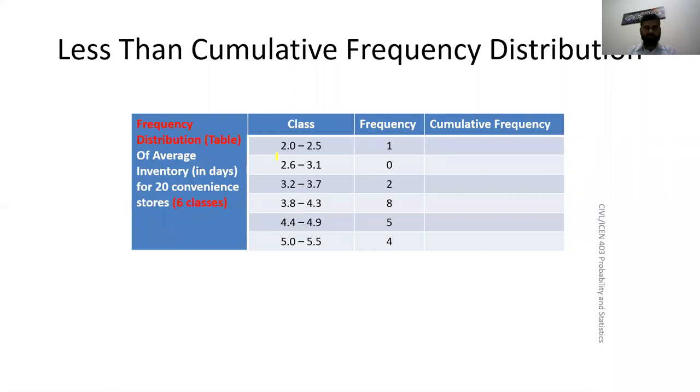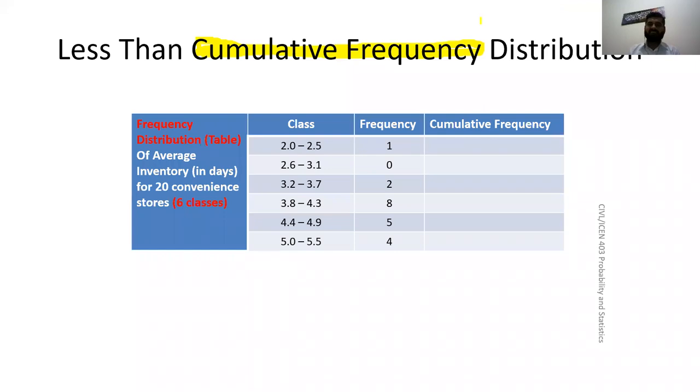Okay, so next is less than cumulative or more than cumulative. Now you know this cumulative thing. Cumulative frequency means adding all the previous frequencies. For example, you get a GPA in every semester. But what is your cumulative GPA? If you take the average of all your previous semesters' GPA, we call it the cumulative GPA. Why? Because it's cumulative, it's not one semester's GPA. If you are in the 6th semester, then all previous 5 semesters are included, right?